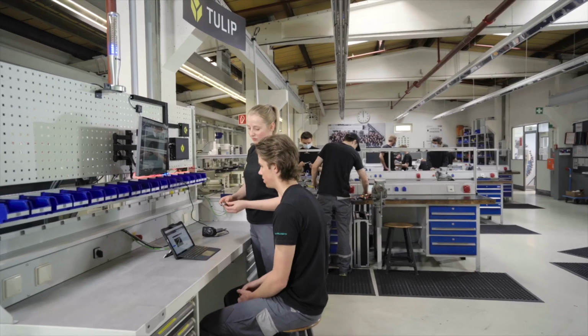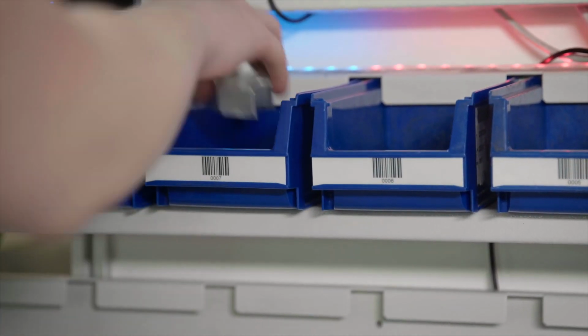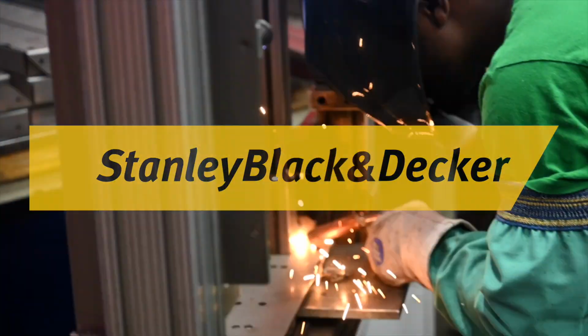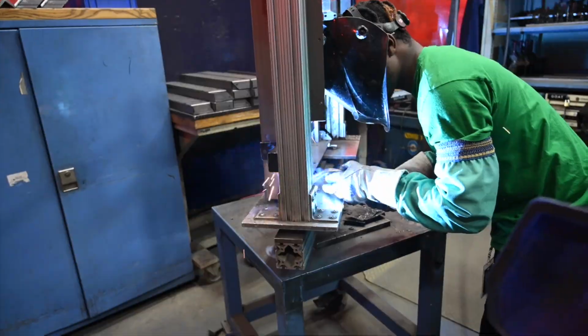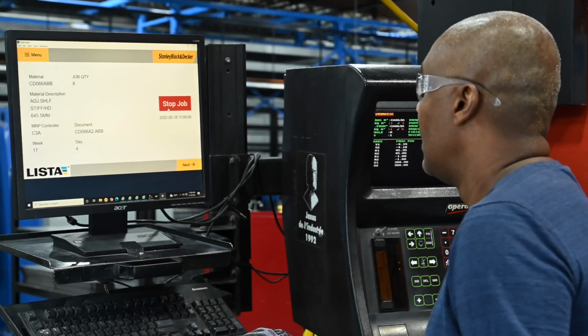I believe this journey is not finished. We will now expand and introduce this to all the other departments and areas. One of the top challenges that we've been facing is digitization and connection on our shop floors. The charter of our team is to explore new solutions, and Tulip was one of those solutions that really spoke to a lot of the pain points that we are seeing in our end users, in our plants, and our